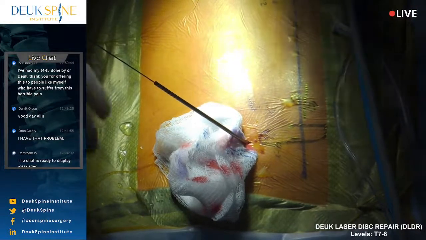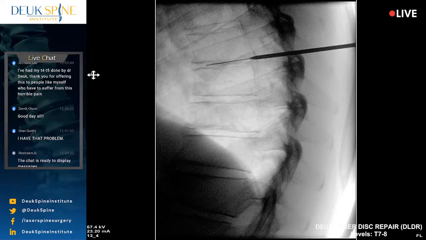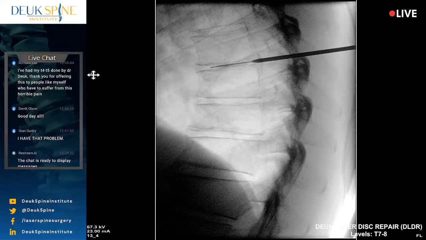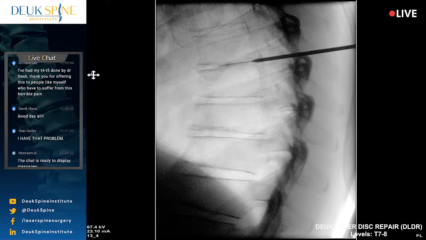Starting to get into the disc at T7-8. This is where his pain is. I just confirmed that his back pain is coming from here by doing a discogram. Okay? A very elegant procedure that's designed to do two things. One, it shows us the anatomy of the inside of the disc and the annulus, and you can clearly see there's a tear and the dye leaked out backwards through the tear. Second of all, it allows us to determine if the patient's pain is coming from that disc, in which indeed it was. Okay, I am now embedded in the disc, and I think it's safe to remove my guide wire